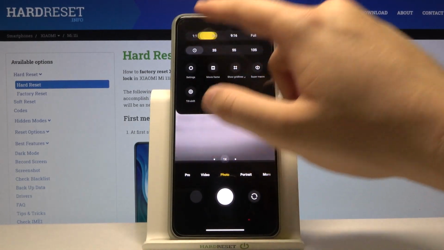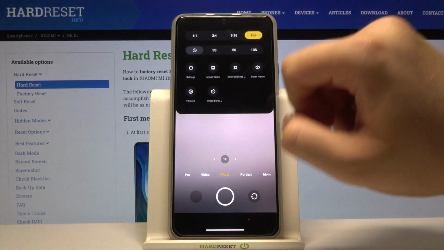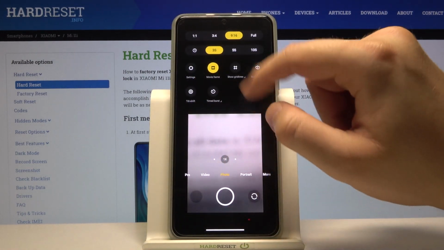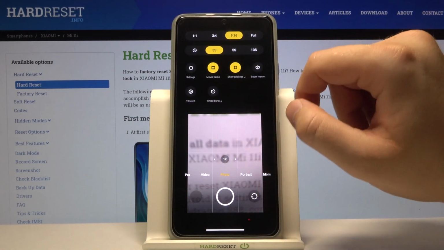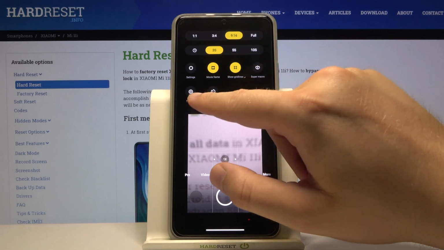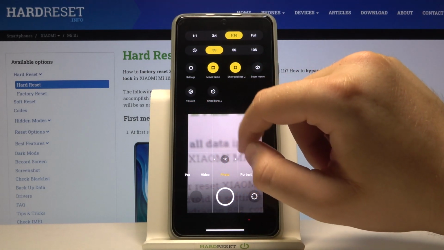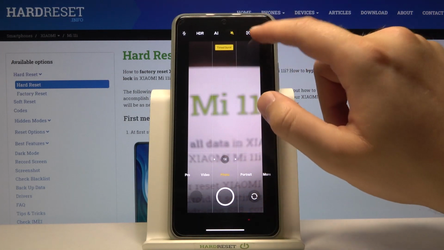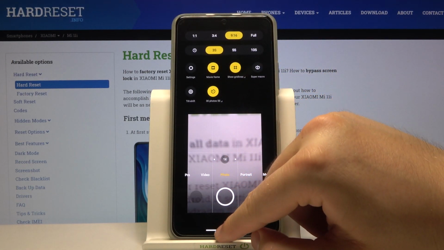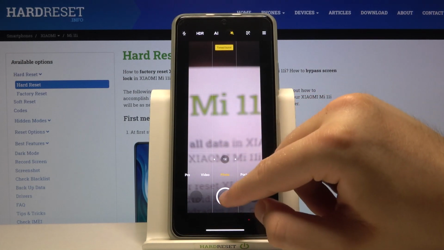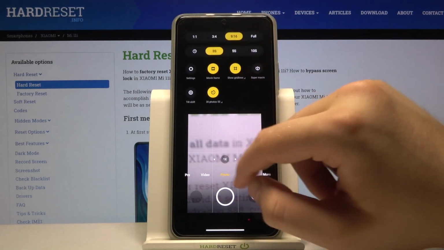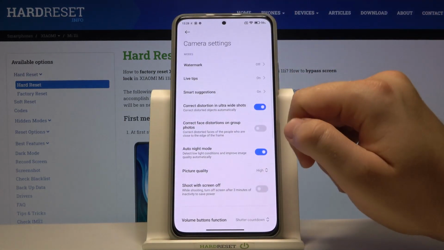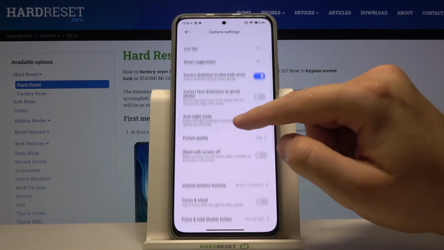So we can change the aspect ratio, we can set the timer, we got movie frame, we can activate grid lines, super macro mode, tilt shift, time burst, and we got also here the settings, and in the settings we can find the watermark option, the live tips,